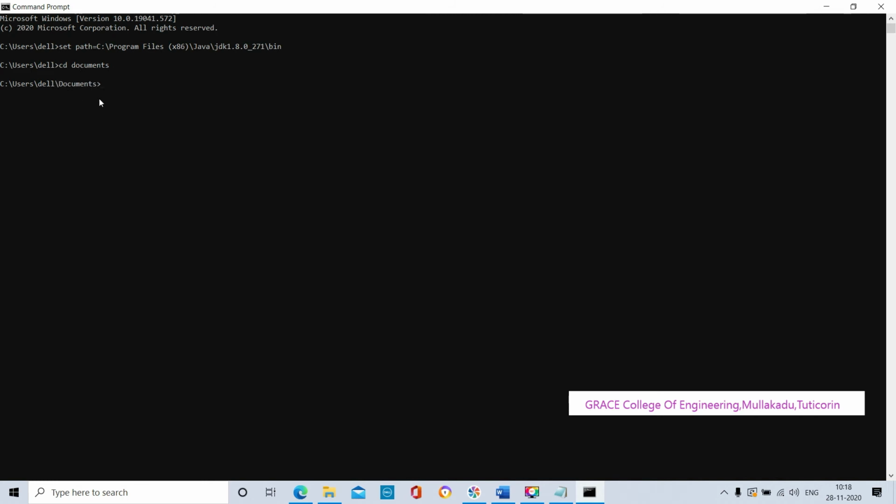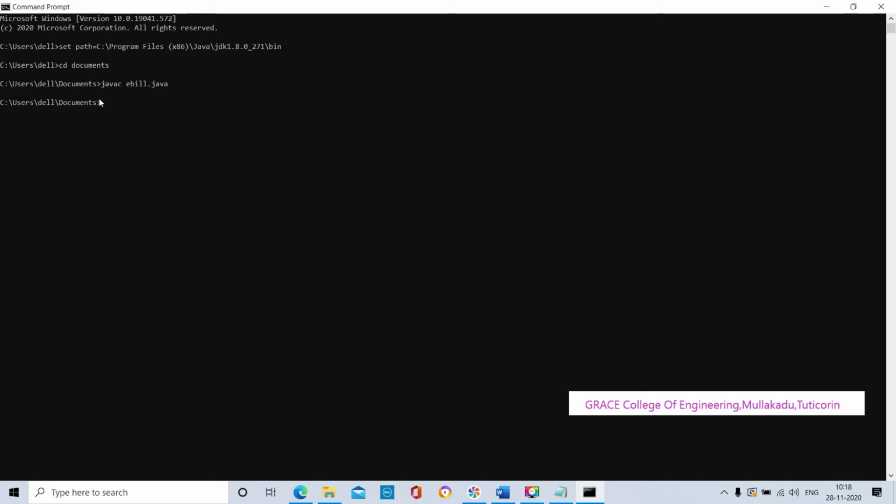Here our Java application program, ebuild.java, is there. Next we are going to compile our application program by using the syntax javac space filename.java. Here our file name is ebuild.java. If any error is present in our program, it will be displayed in this step. Now in our lab exercise there is no error, so it is not showing any errors.